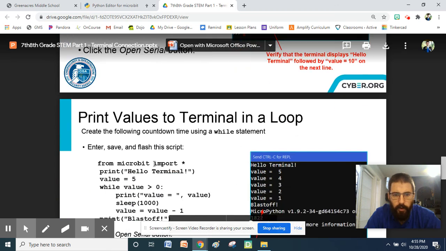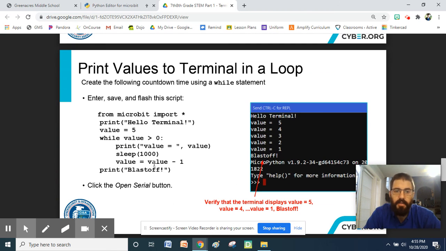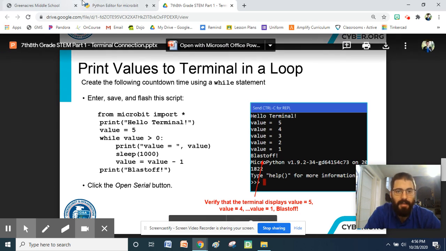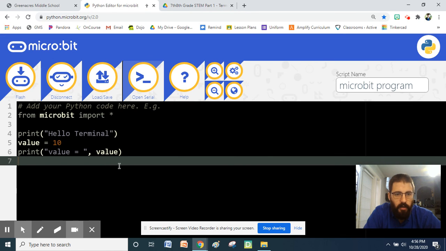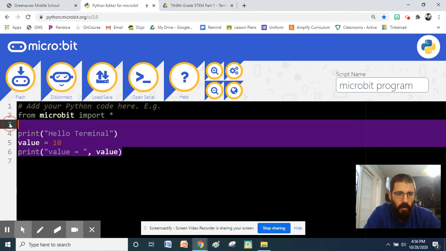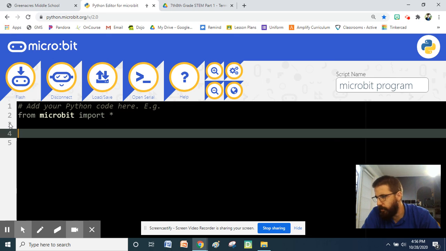Let's go back to the PowerPoint. So this is a blast off command. This is going to make our microbit do a blast off. So I'm going to go here. I'm going to delete everything underneath line 2. I'm going to start it off, and it's going to be print, open parentheses, quotation marks, hello terminal,